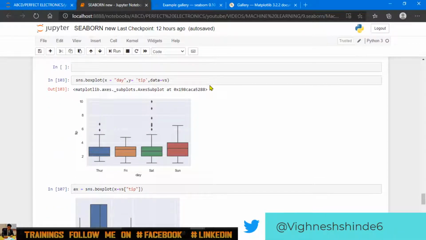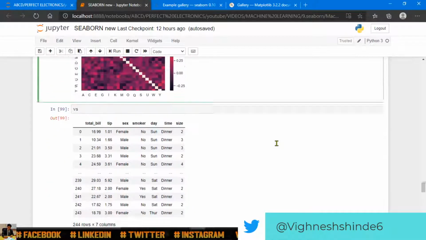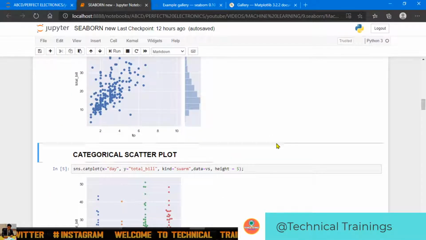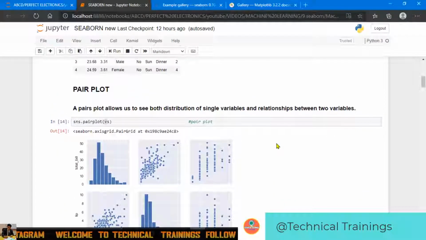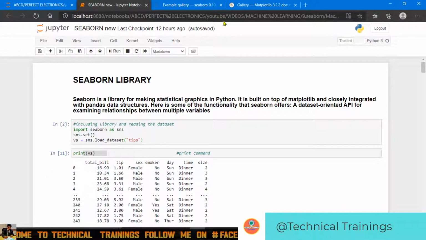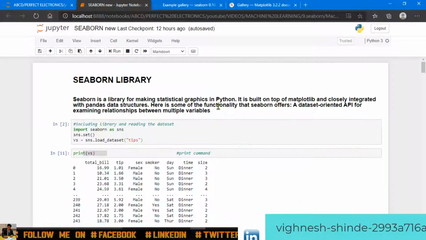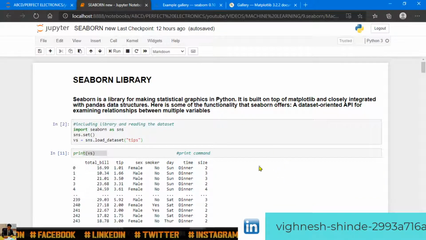Now in this particular tutorial we have discussed seaborn, guys. The video is very long, I know, but hope you understand, and please watch the full video. It takes some 10 to 15 minutes to watch this video, and you can go to the official website over here. I will give the link of this code and this website in the description.